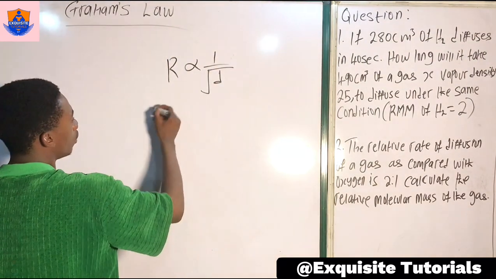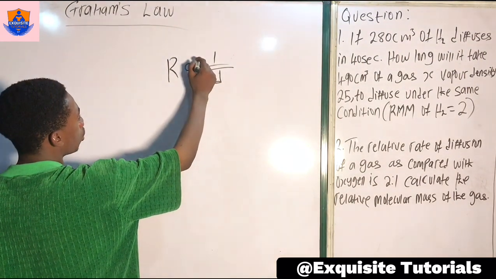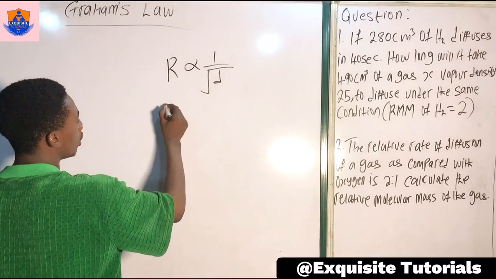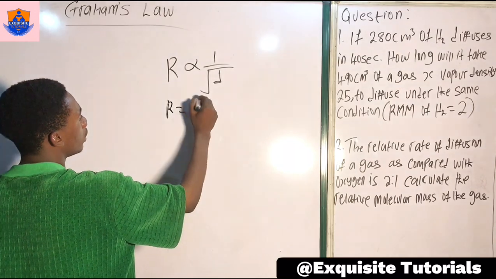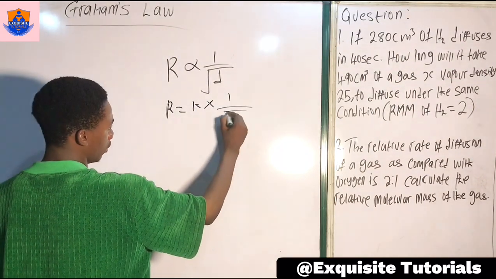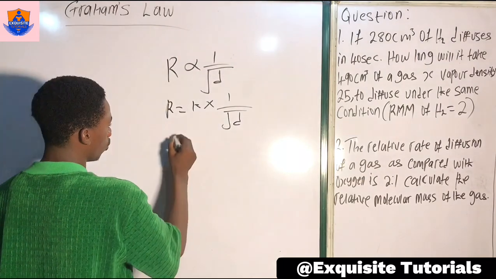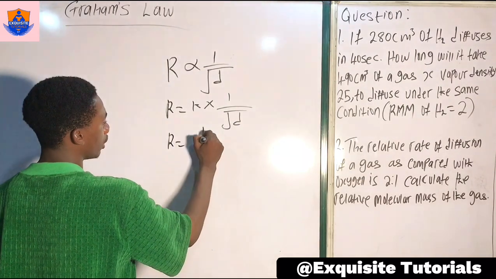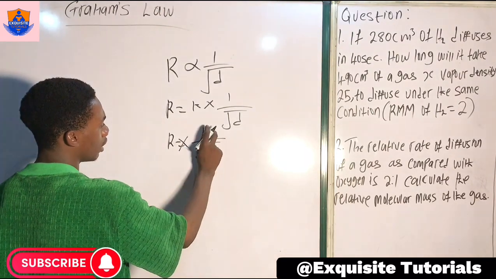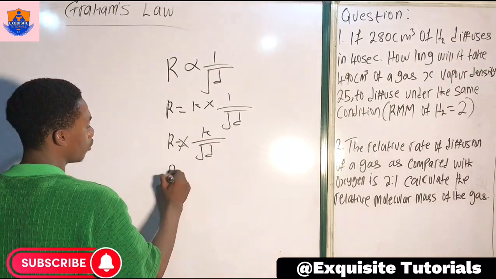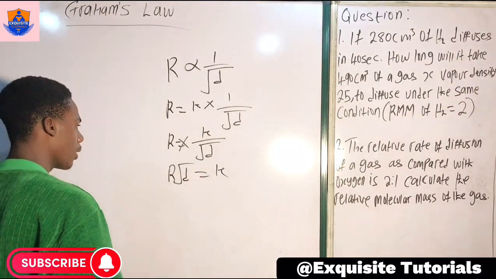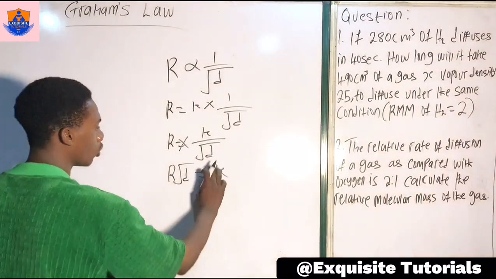Since this is a proportionality sign, we can make it an equal sign. So R will be equal to K times 1 over the square root of the density. So rate will be equal to K over root density. Let's make K the subject of the formula. We have R root density is equal to K. So from here we could say that since it is a constant,